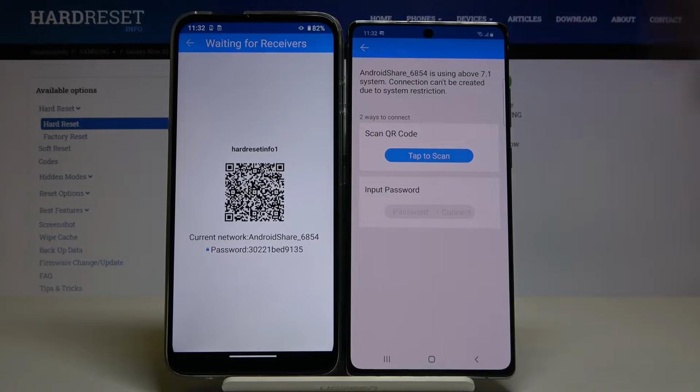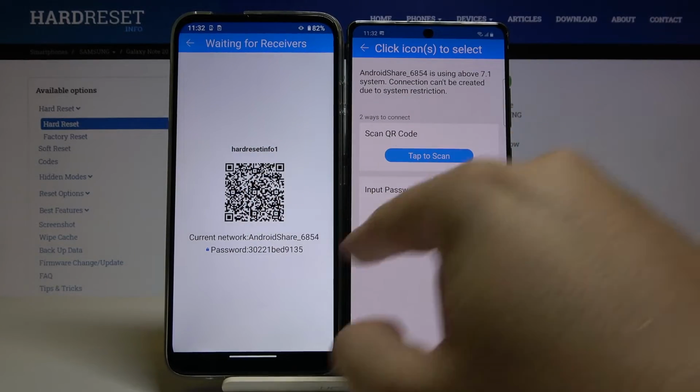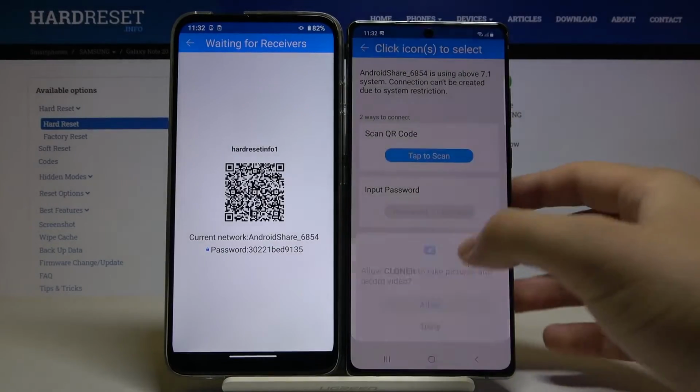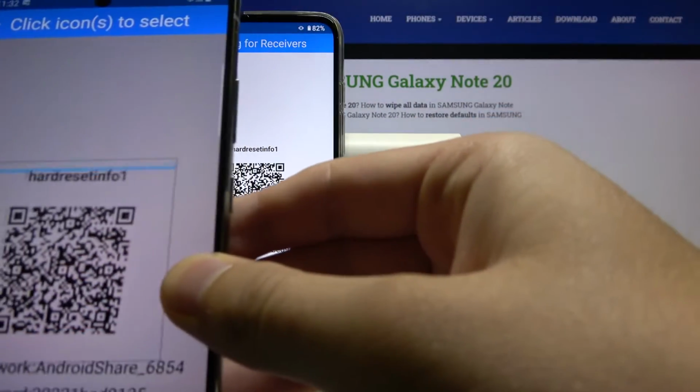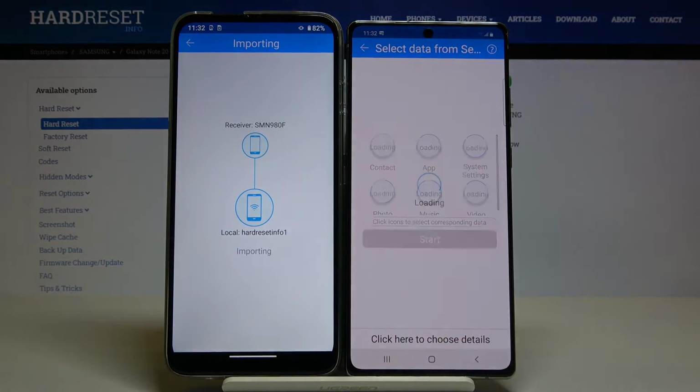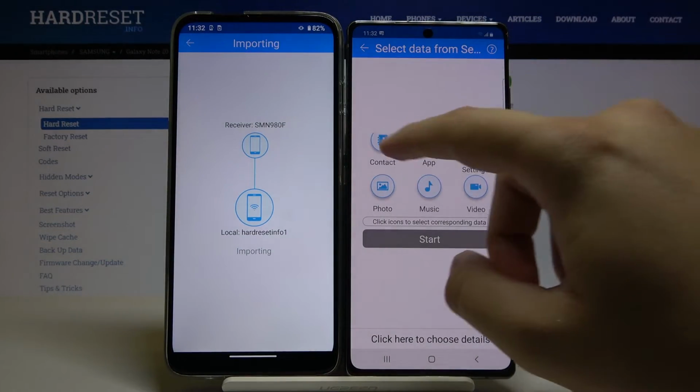And we have two ways to connect. We can scan this QR code, but also we can input the password manually. So you have to pick your way. I'm going to scan the code. Accept the request. And right now, if you want to send all of the data, you have to click on